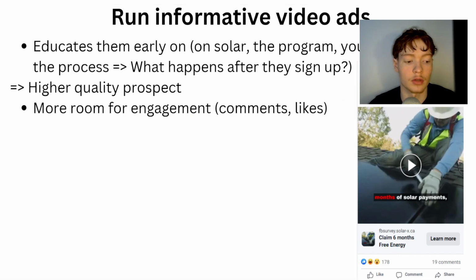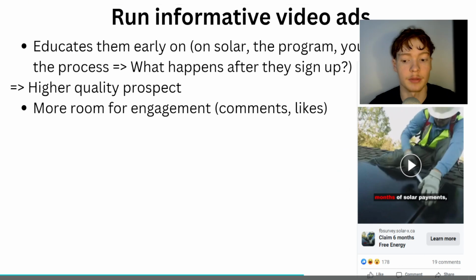On Facebook, I don't know if you're very familiar with all the metrics, but there's the CPM, meaning cost per mille, so how much you pay per 1,000 impressions, and the more people interact with your ad, the lower the CPM will be. So while somebody may run an image ad, they may be paying like 60-70 bucks per 1,000 impressions, while you pay 15 bucks for 1,000 impressions, meaning you get 3 to 4 times the impressions, meaning 3 to 4 times the leads as they do for exactly the same money,